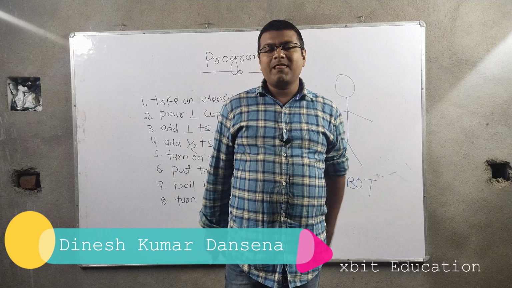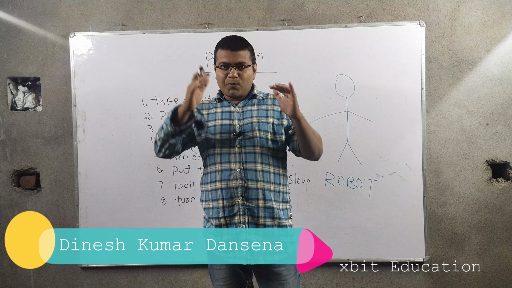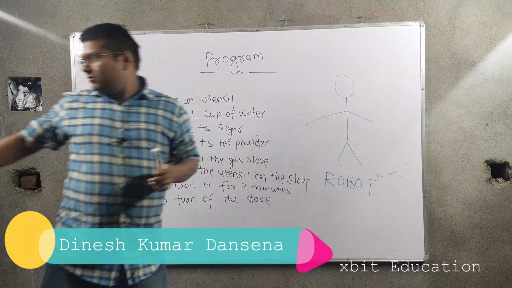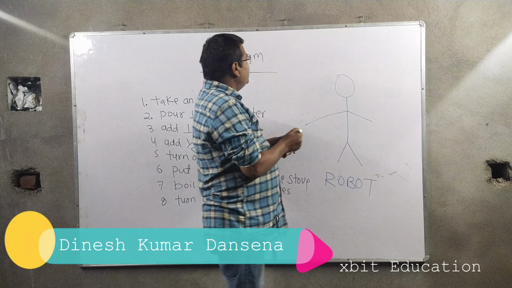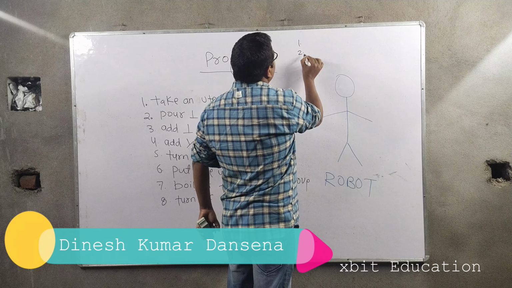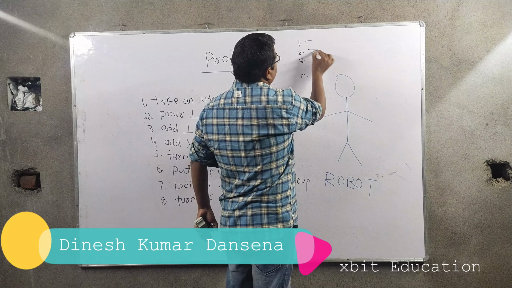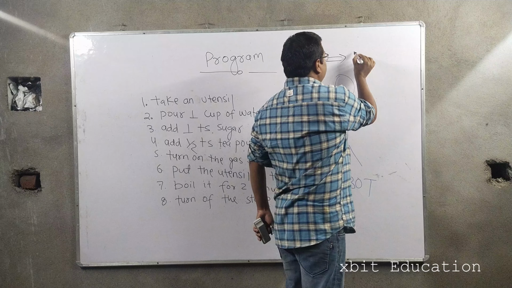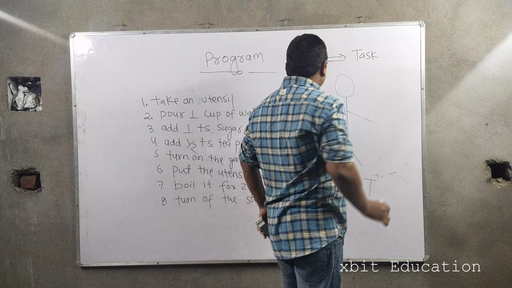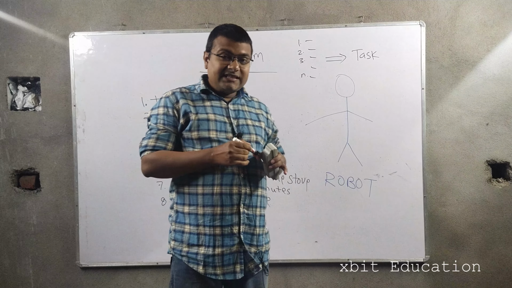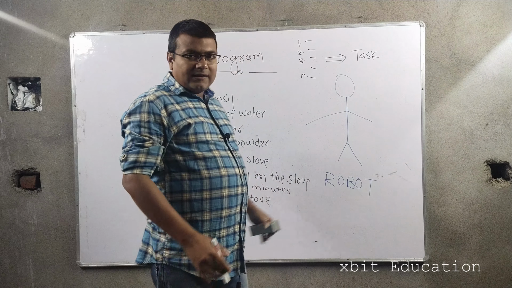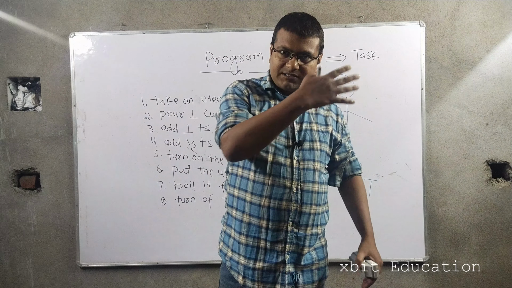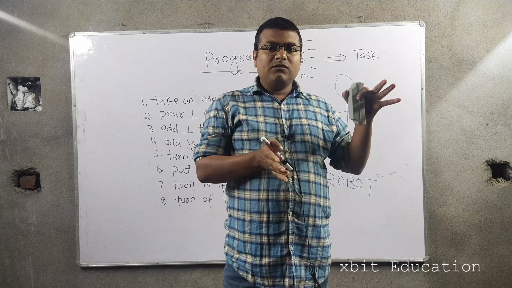What is a program? Actually, a program is a group of commands to perform a special task. For example, there may be a group of commands 1, 2, 3 up to n, which can result in performing a special task. That group of commands is given to a computer to perform a task. For example, in the Paint program, we give a lot of commands to perform tasks related to